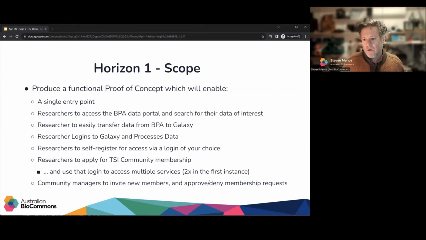So we worked with AEF to build a functional proof of concept, which provided a single entry point. It gave researchers the ability to access the BPA data portal and to be able to search for their data of interest, to very easily transfer data from the BPA data portal to Galaxy, to then be able to log into Galaxy and process data. And then some other extra benefits around